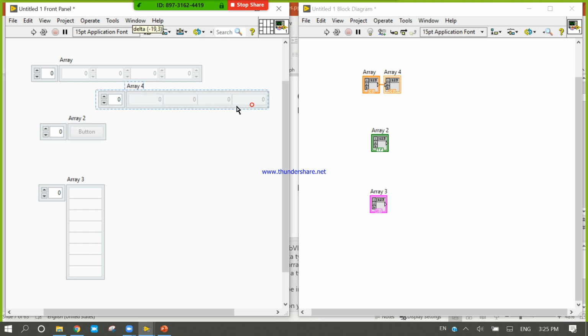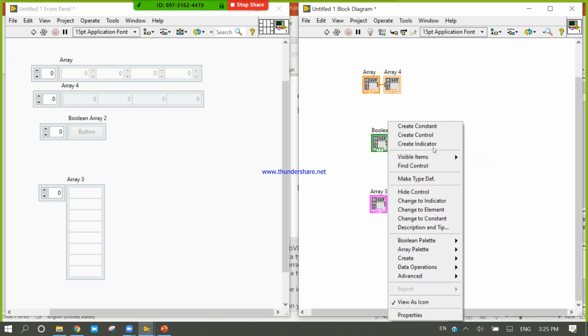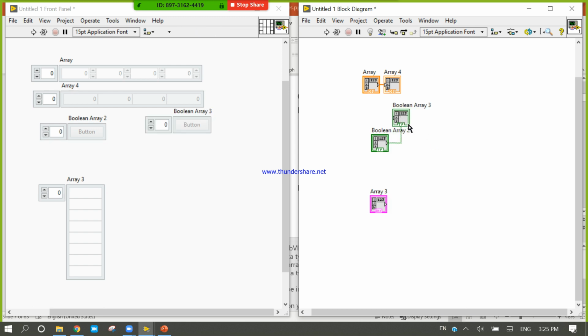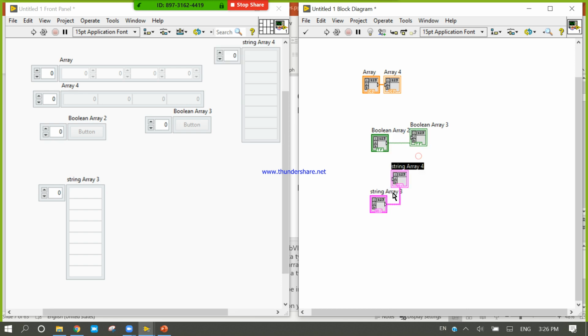The indicator has the same property, so with the same property you can design an indicator. If you right click, create indicator, for a string also, right click, create indicator. These are the 1D arrays.